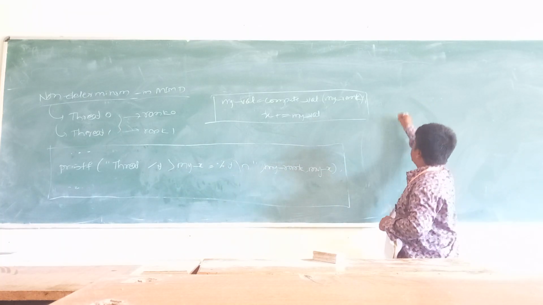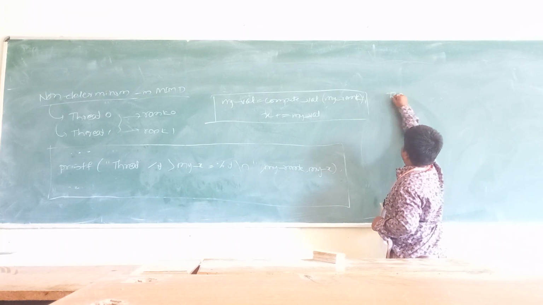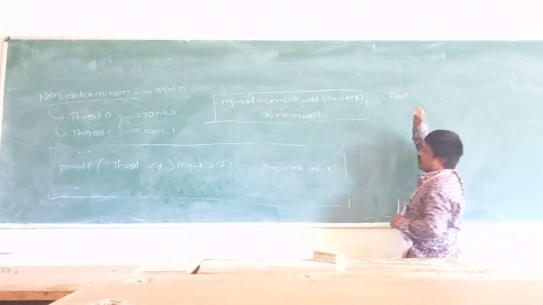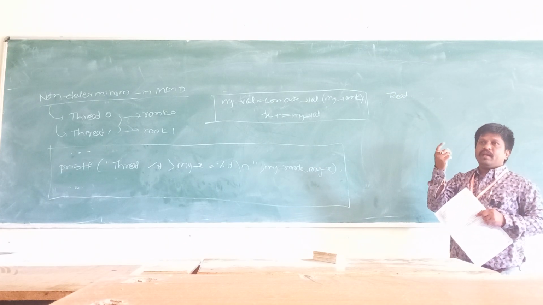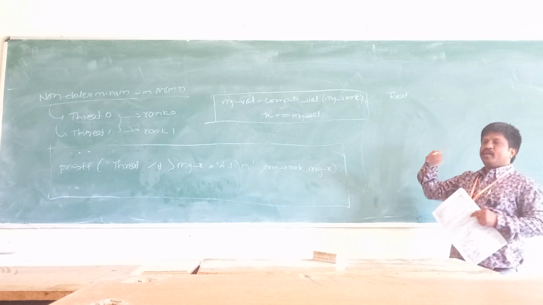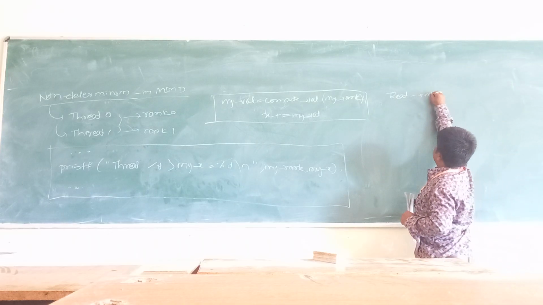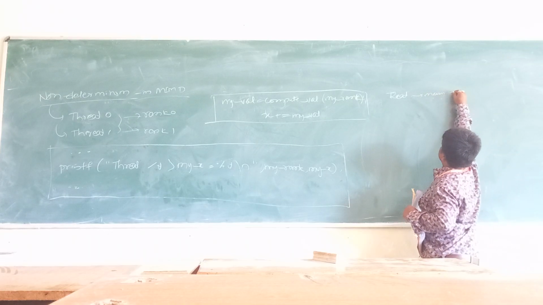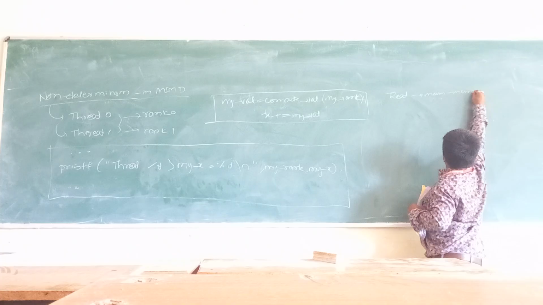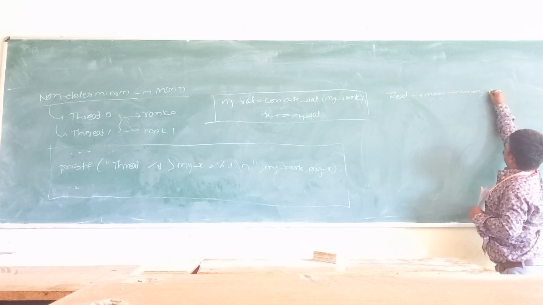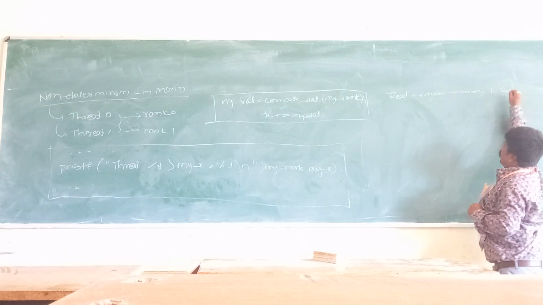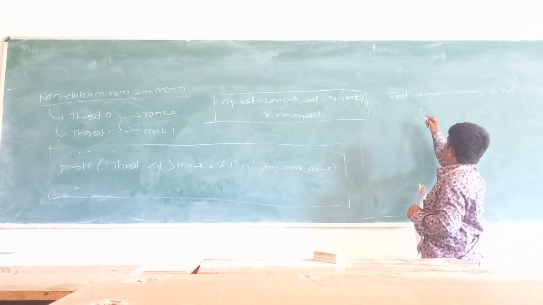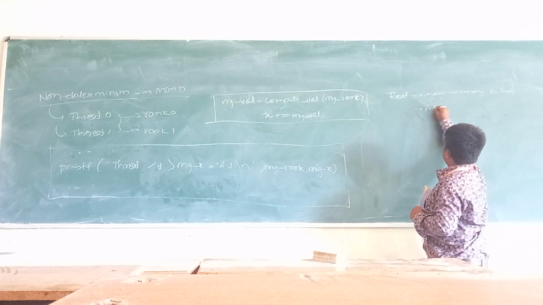Okay, first one is the read operation. First I have to read or fetch the data from the main memory to the register. After taking the values, I have to perform the sum operation.